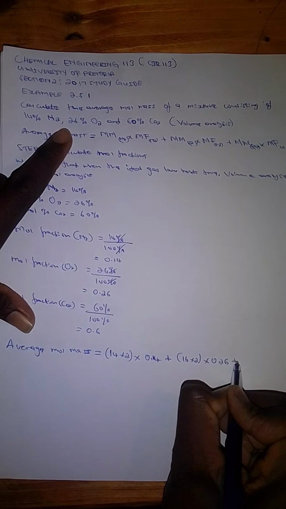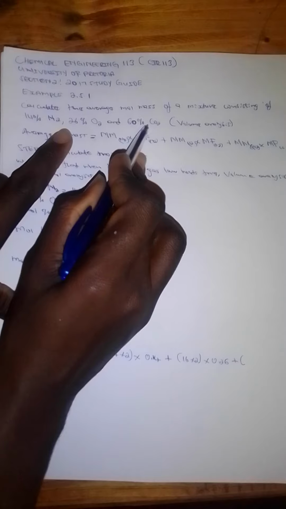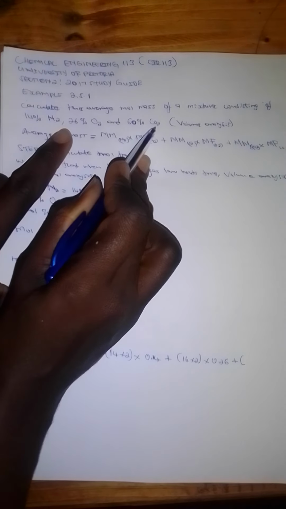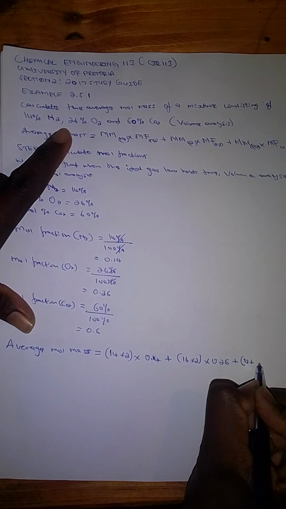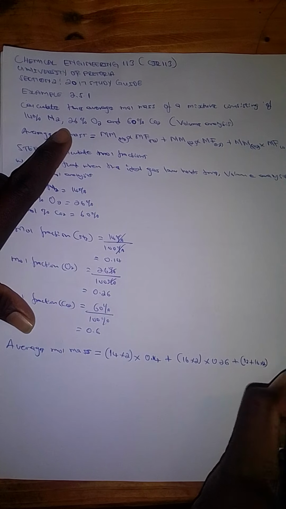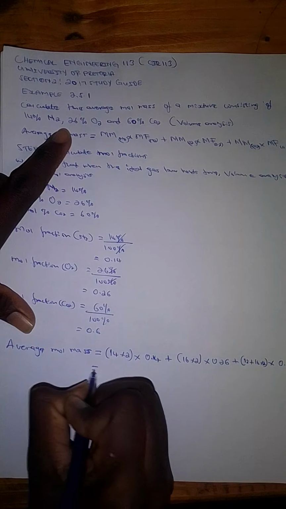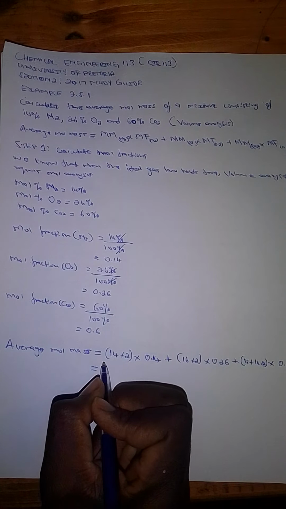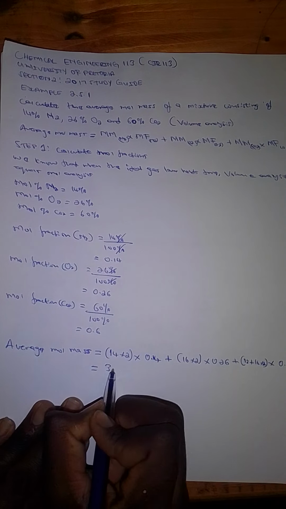Then plus CO2, which is 44, because carbon is 12 and oxygen is 16 by 2, so 12 plus 16 by 2, multiplied by the mole fraction, which is 0.6. If you get the answer through the calculator, it should be